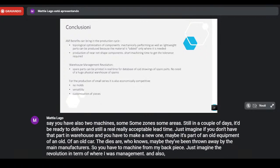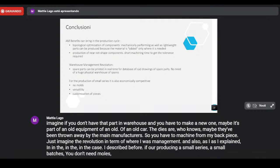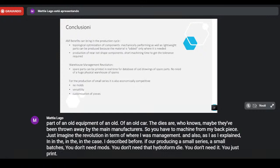And also, as I explained in the case I described before, if you're producing a small series, small batches, you don't need molds. You don't need that hydroform die. You don't need it. You just print. And, for example,